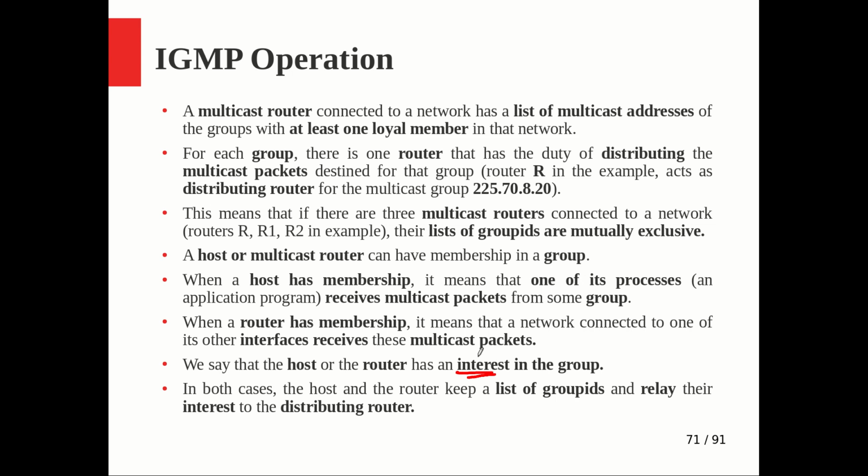The host is also maintaining something like that, but we highlighted the one that is kept by the distributing router. Whenever the host is maintaining such a list, it will relay its interest in the form of the list to the distributing router, and the router will update accordingly. Now, different types of operation, like how to join a group. Some message we already saw, that membership report. With the help of that membership report message, someone can join a group by showing its interest.